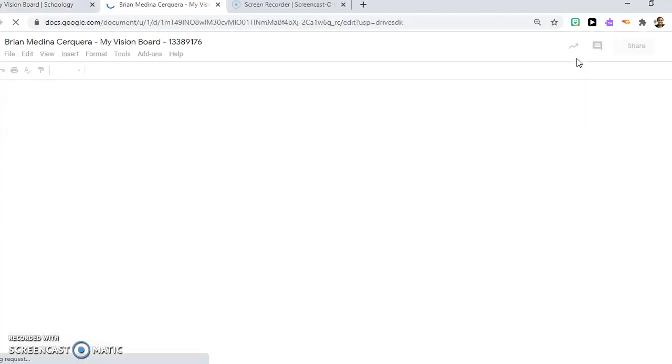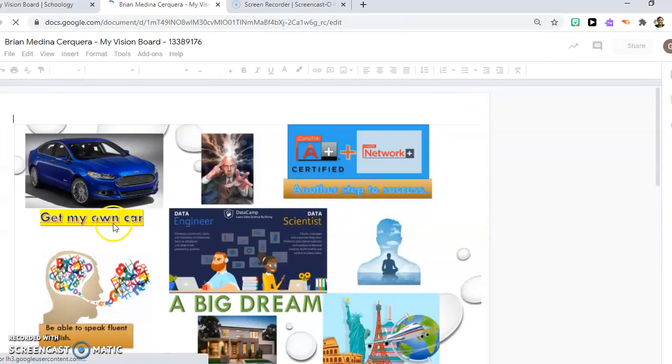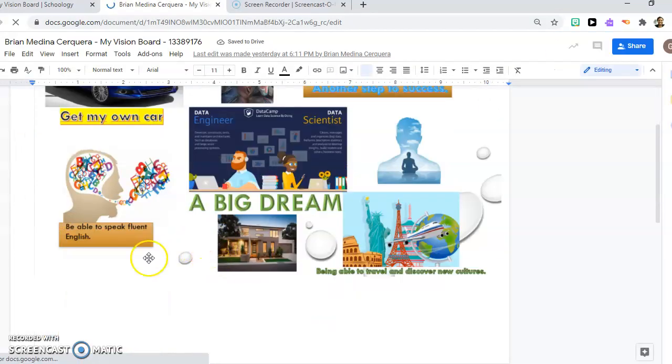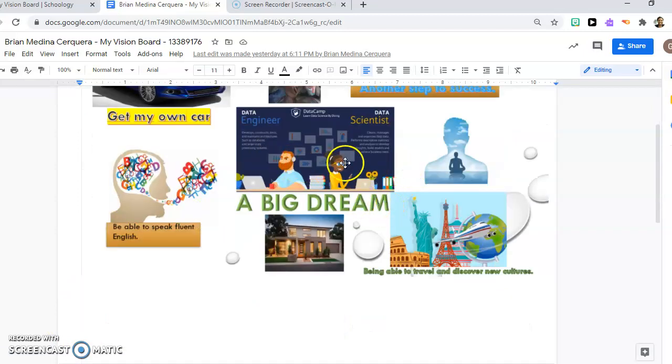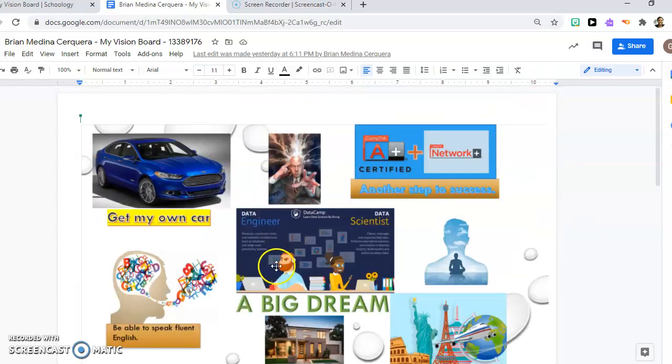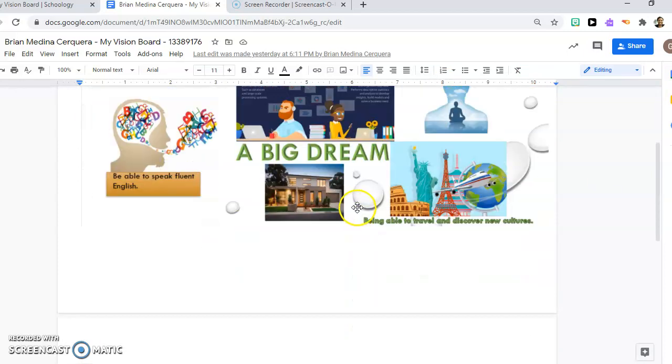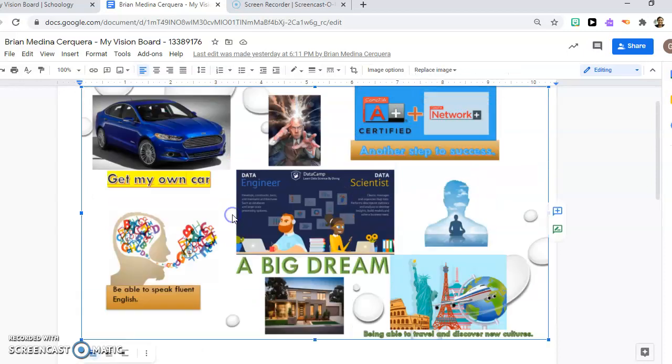I'm using Brian's as an example because it's really good. So Brian put his, get his own car, get his A+ certification, become a data engineer, speak English fluently. So he put all of these. And so when you are done, your vision board should look similar to this. It should look very, very similar to this.